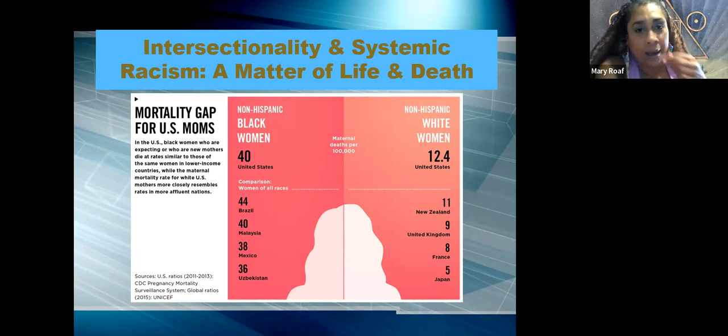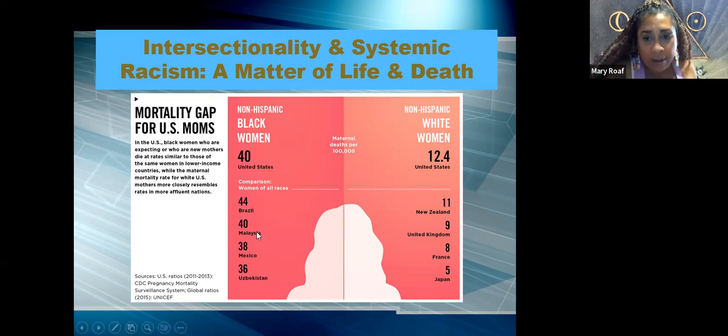So this just shows the comparison with non-Hispanic or non-Latinx white women in the US, this is just maternal deaths, right? It's called the mortality gap for US-born moms. In the United States, for every 100,000 people, 40 Black women die prior to giving birth or immediately after giving birth, as opposed to 12.4 non-Latinx white women. And then it has a further comparison of women of all races from a